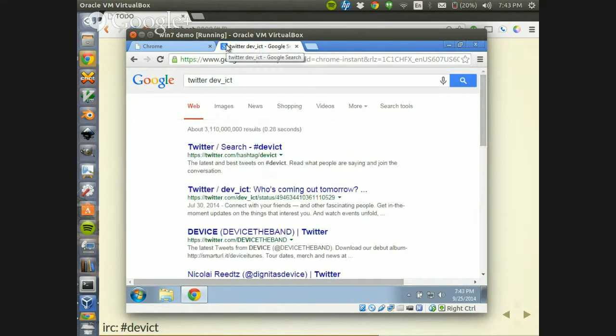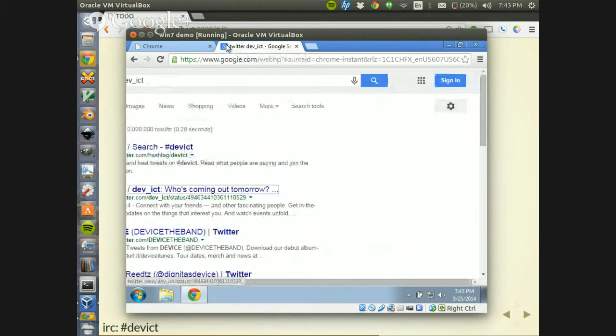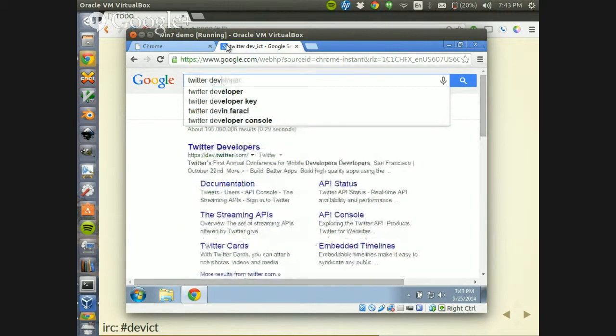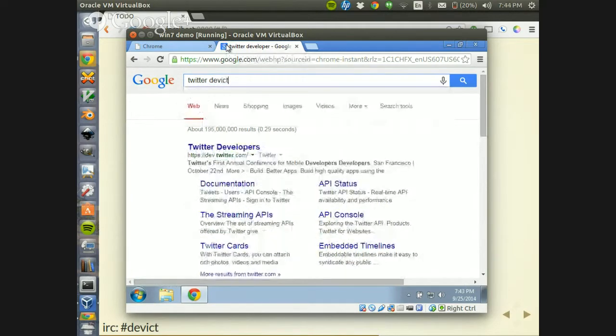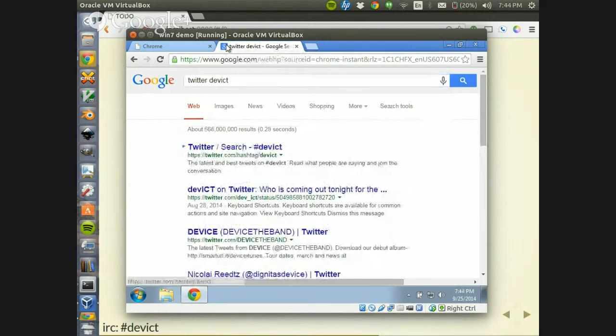Twitter, devICT, Google search, link, screen reader, Twitter search devICT, link, heading level 3. I have the search results for devICT. Well, that's for the hashtag. No, this could be bad. Menu, search, more. I'm cheating a little bit because I'm going to modify my search. The low vision or blind user might have gone down that rabbit hole and regretted it and gone back to try again. Well, here's a Twitter